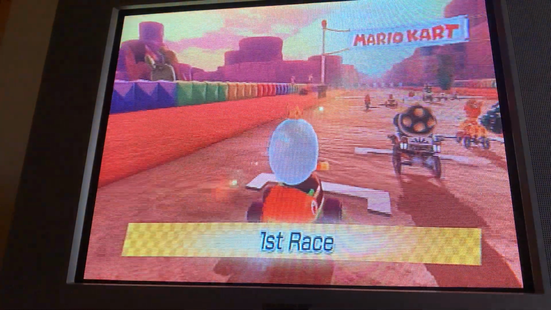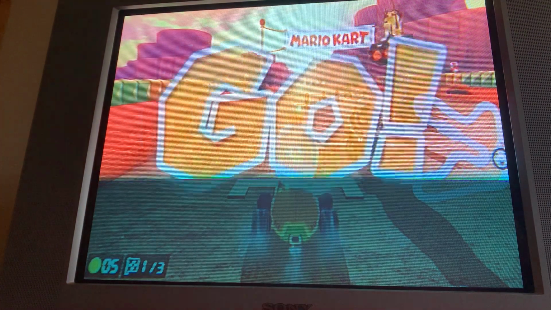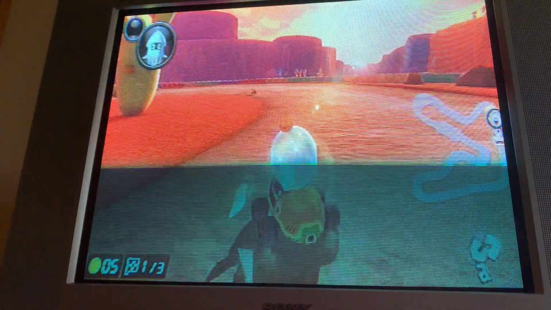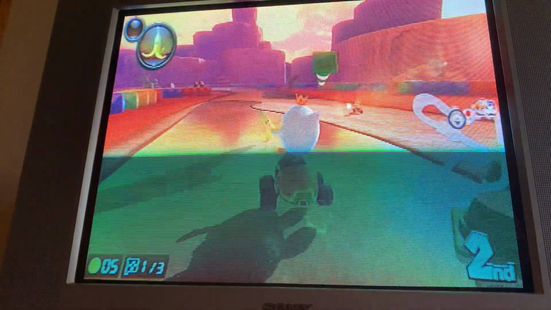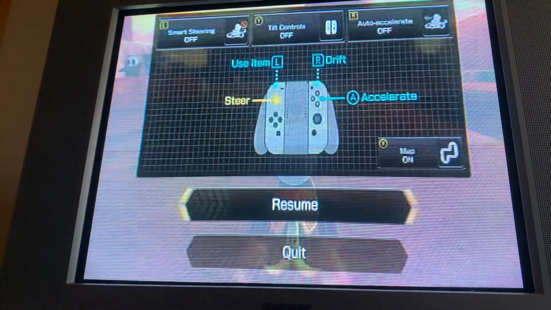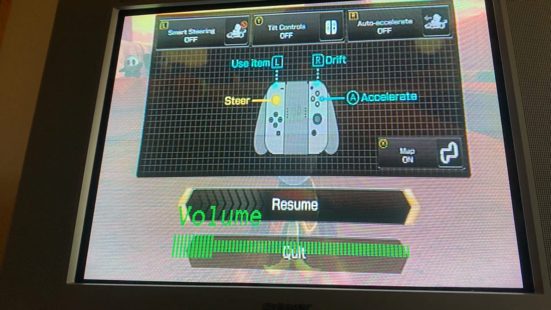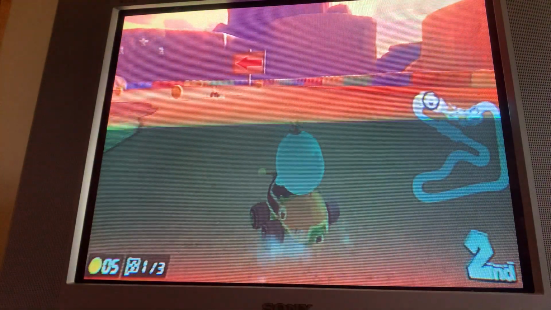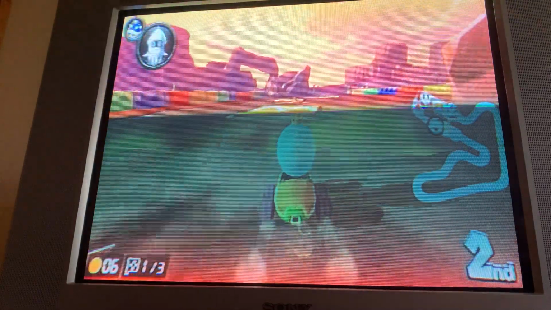Sunset Wilds. This is a DLC course from this game. Something that I've noticed with this is that you can tell that it's not really framed right. And what I mean is that, let me turn this down a little bit so you can hear me better. Or so I can hear myself better. There we go. The Nintendo Switch is a modern console and it uses a widescreen format, which means